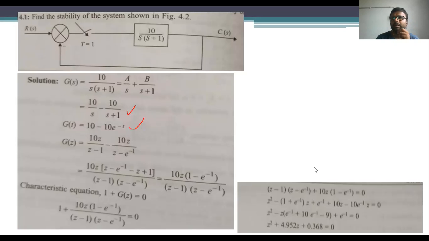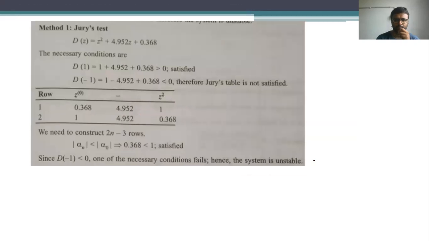While calculating the stability using the Jury's method, if the order of the characteristic equation is 2, with simple observation we can estimate the stability of the system. Before estimating the stability of the system, the conditions have to be satisfied for the characteristic equation. The order of the characteristic equation is 2. That means how many conditions have to be satisfied? 2 plus 1. What are the 3 conditions that have to be satisfied?